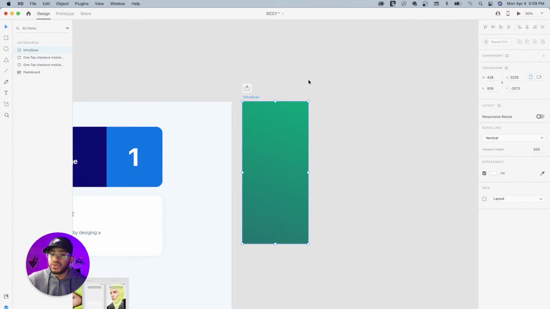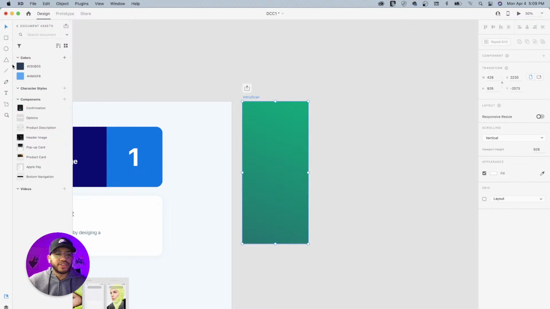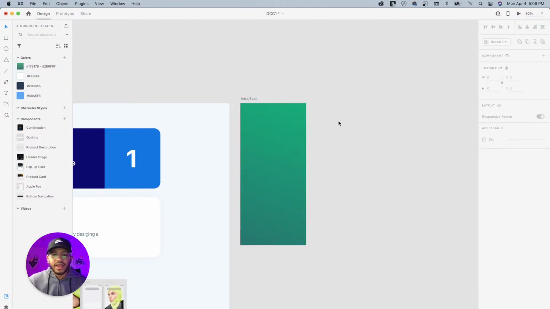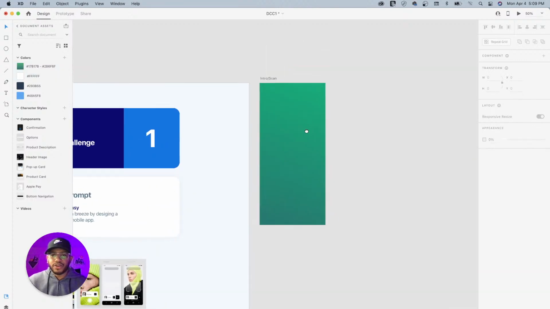If you want to use this gradient over and over again, just hop over onto the bottom left panel here and click on the library, and then click on the plus next to color. What this is going to do is create a gradient for you, so we can reuse that later on if we need to. Alrighty, so we have our first